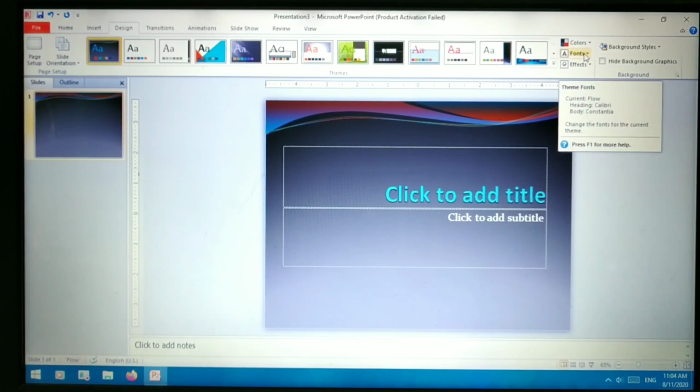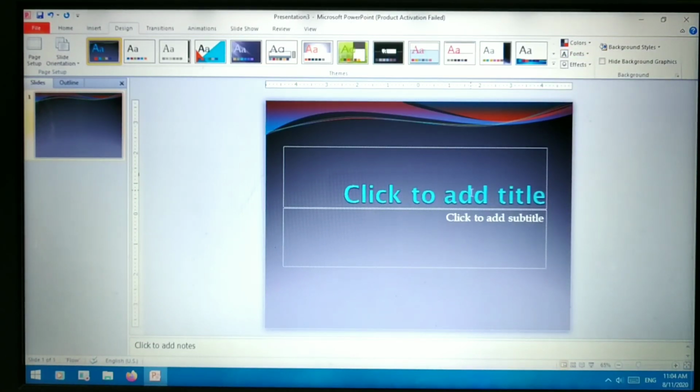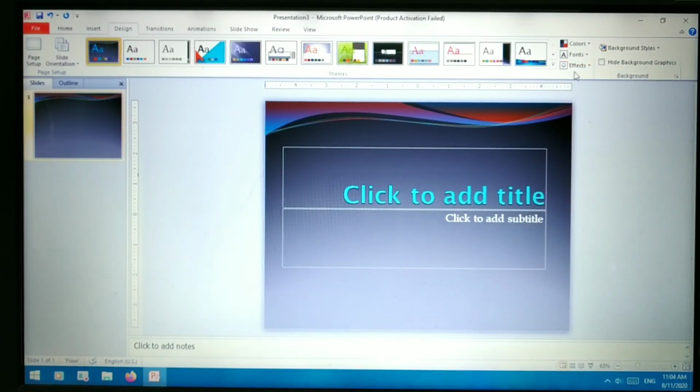Now you can choose the font style. Or either you can choose the effect of the theme. Okay, here you can choose any of the effects. This is how you can apply and edit the themes.